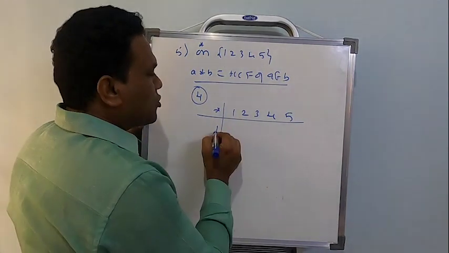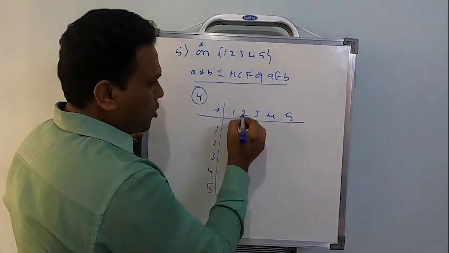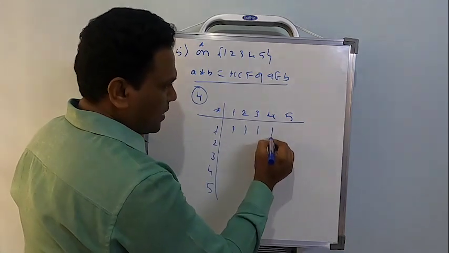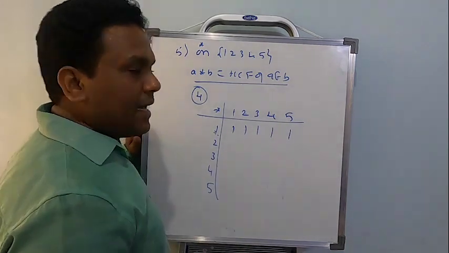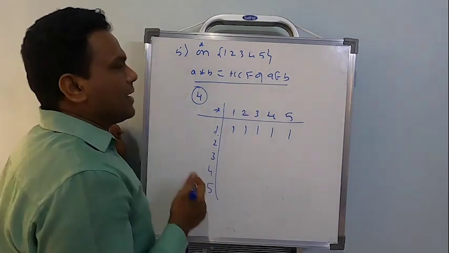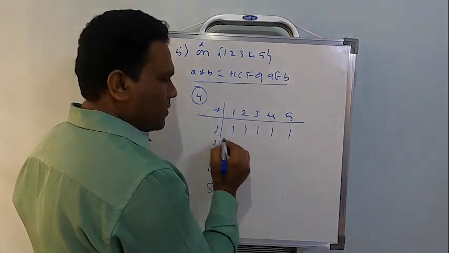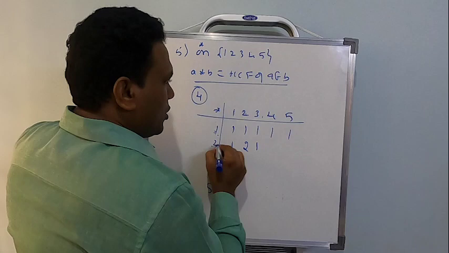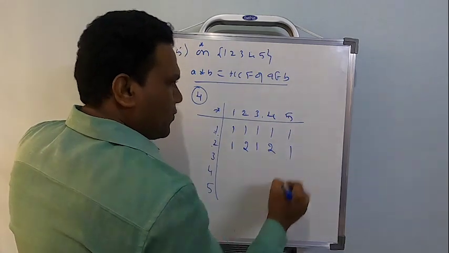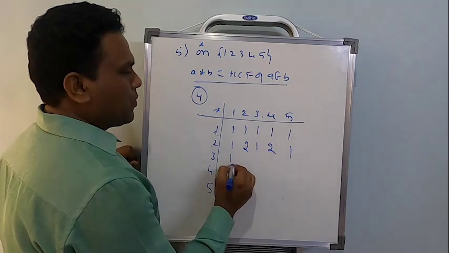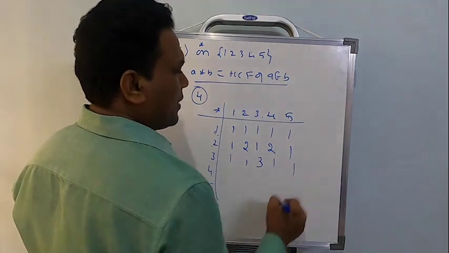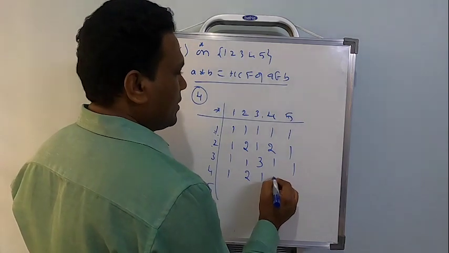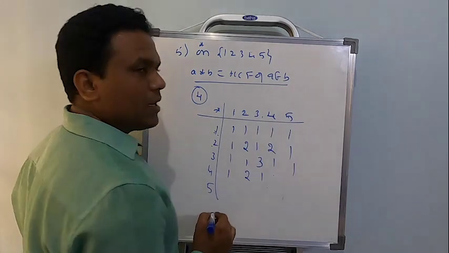Now the table we constructed in example number 4: 1, 2, 3, 4, 5 star 1, 2, 3, 4, 5. Let us check. Highest common factor of 1 and 1 is 1, of 1 and 2 is 1, of 1 and 3 is 1, of 1 and 4, of 1 and 5. Like this, every time read the definition and apply. Now, highest common factor of 2 and 1 is 1, of 2 and 2 is 2, 2 and 3 is 1, 2 and 4 is 2, 2 and 5 is 1. Let me finish: 1, 1, 3, 1, 1. Correct? Now the next with 4: it's going to be 1, 2, 1, and highest common factor of 4 and 4 is 4.